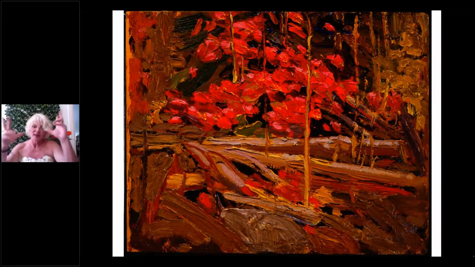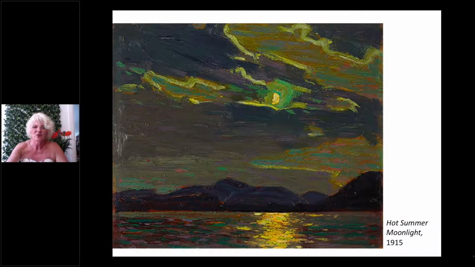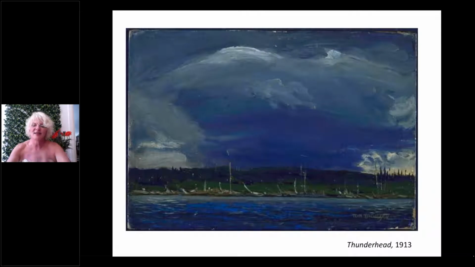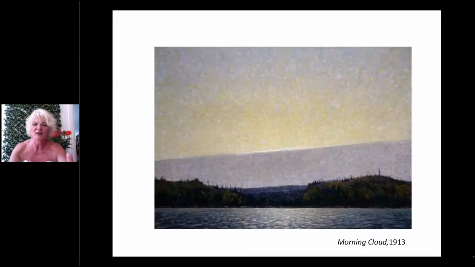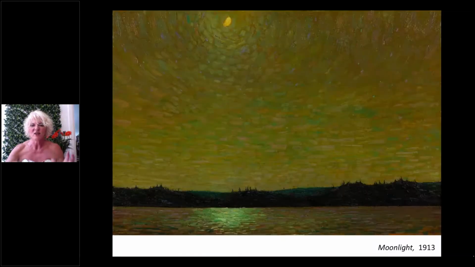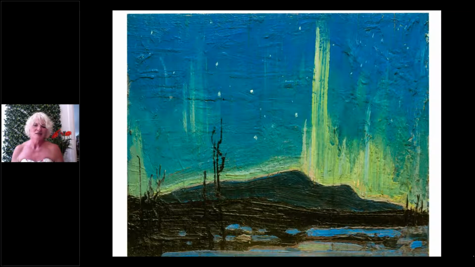He would sketch en plein air. He would go to Algonquin with that little travel case that we saw earlier. He would go and paint in the place. Oftentimes when a storm was coming, something like we saw, he would run outside, and people who would travel and paint with him were always remarking that when there was a storm coming or a sunrise or a particularly beautiful sunset, he would rush out and do these sketches on these very small pieces, oftentimes of wood that he would collect from places.